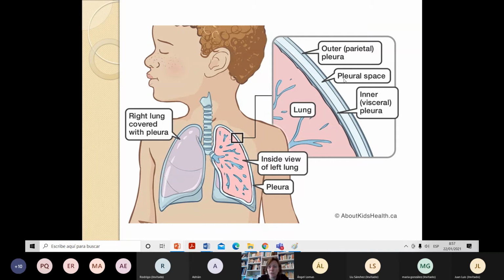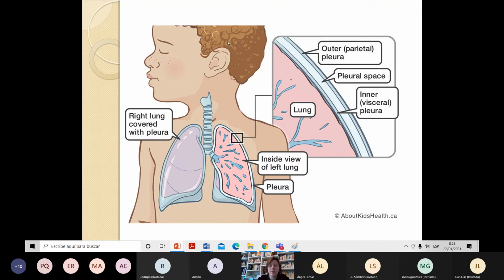This pleural fluid is going to be inside this pleural space. Pleura is just a membrane, but it's a special membrane that is protecting your lungs. It covers your lungs, but it has a liquid in the middle, because your lungs are going to increase and decrease in size loads of times, and I don't want to damage this external part of the lung. This part of the pleura will be connected with the bones that cover the lungs.